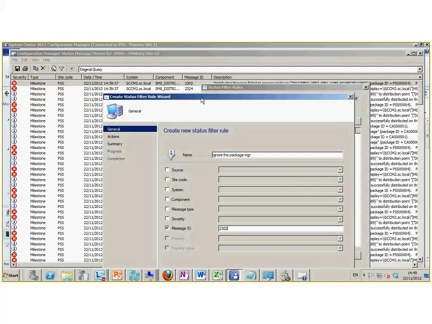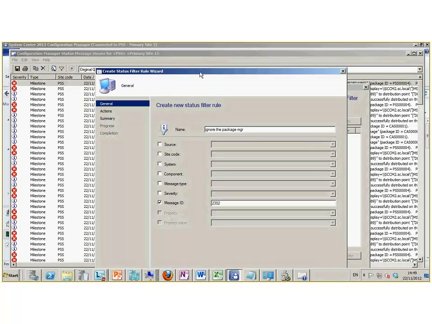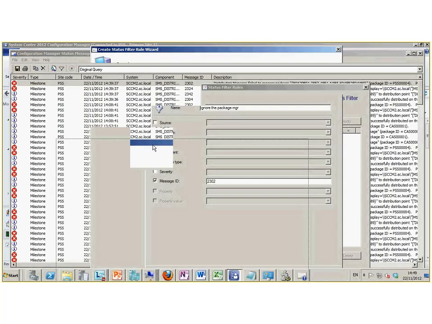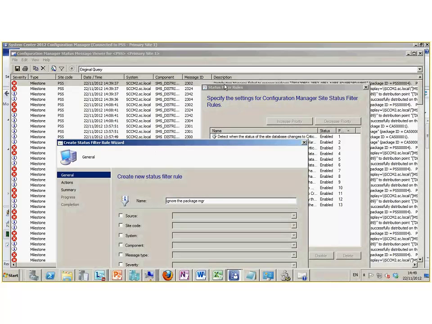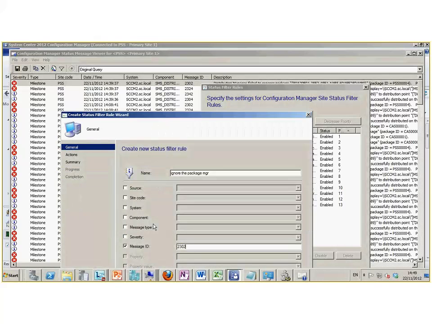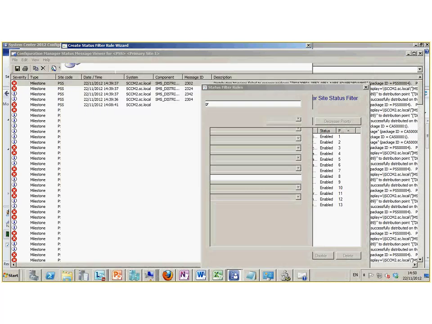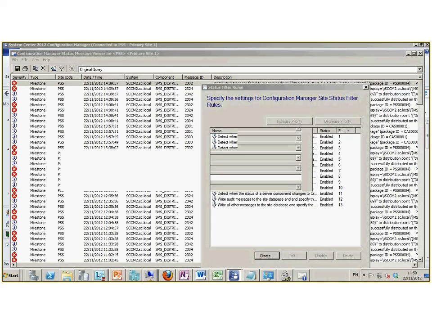Now you could just leave it and say ignore that message ID, but it would probably be better practice to go into more detail on it, so that we know it's ignore 3203 from this site code, from this system, from this component. Okay, but basically, I'll have to drag that across there. If I say next on that, and then